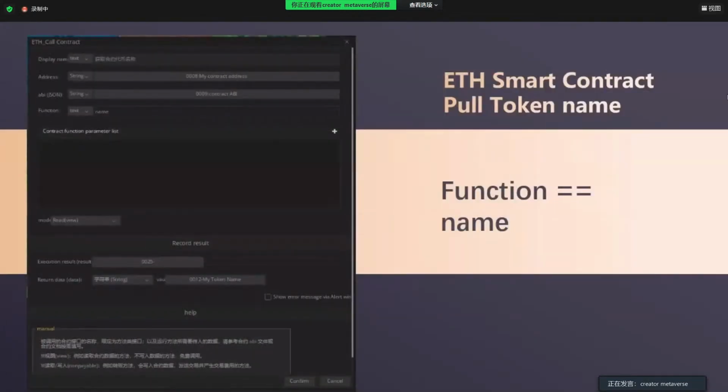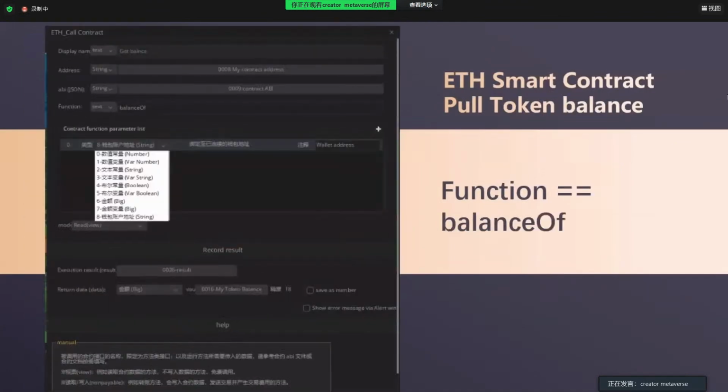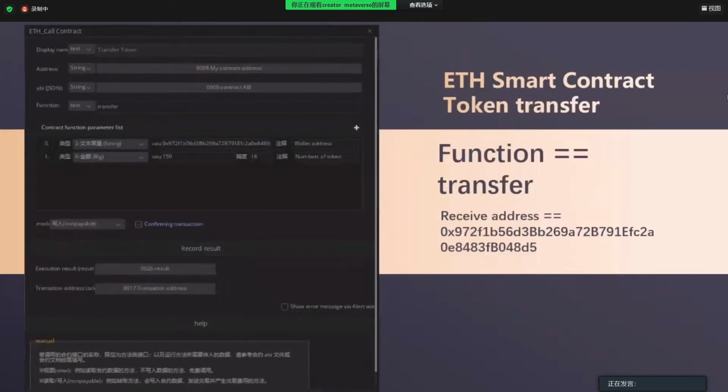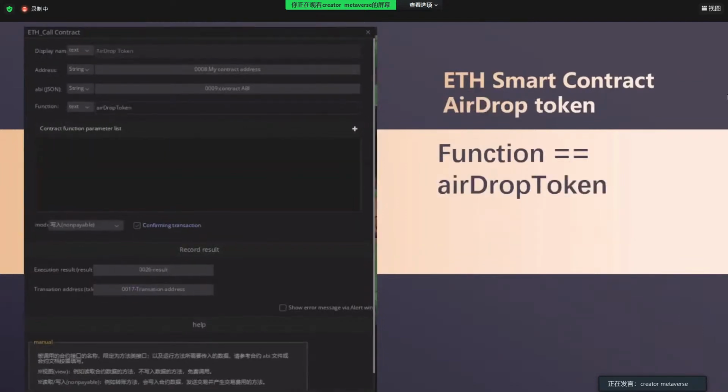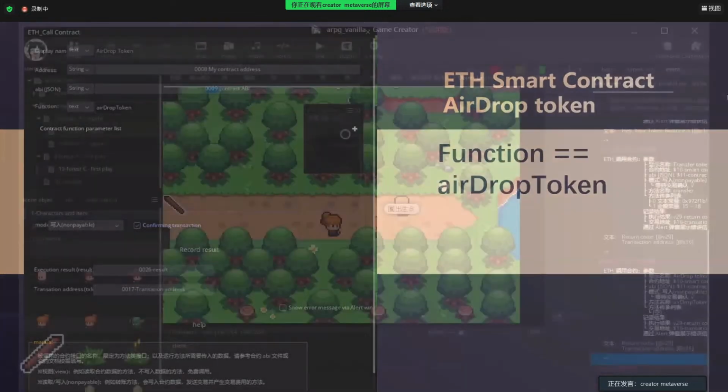First is the call to get the token name. Then we get the token balance. Then transfer token to this receive address, and 15 is not 150 because I'm frugal. And airdrop. Then let's have a test run.